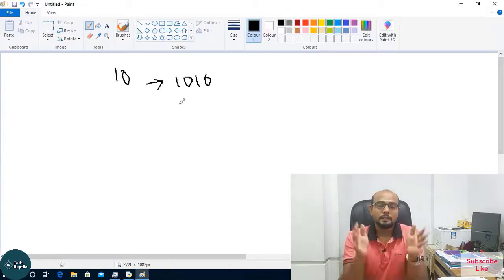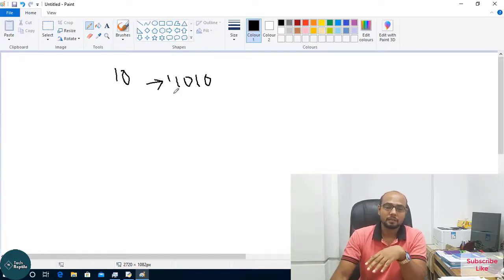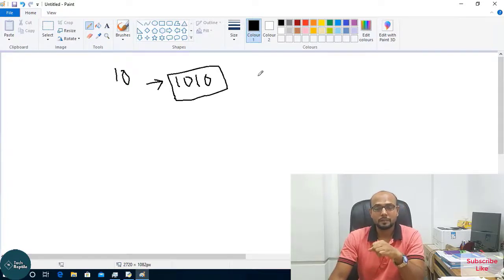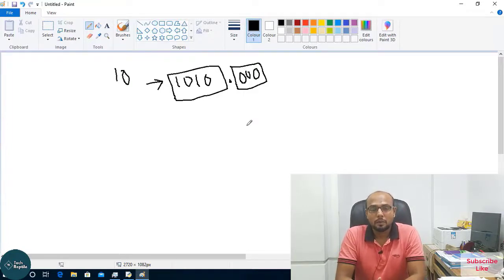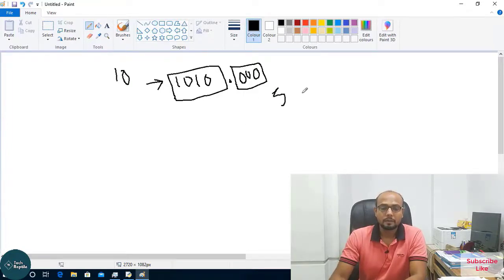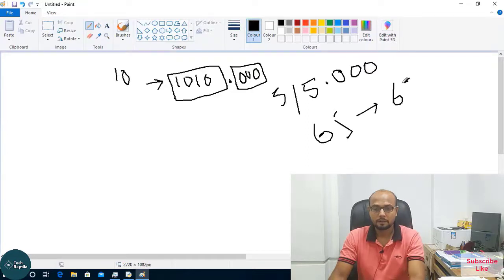1010. Let's imagine we have a box, and within the box we have the binary digits of 10, and there is another box after it, and between those boxes we have a point or dot, and imagine we have zeros in the last box. We can say 5, or we can say 5.0. We can have more zeros, or 65.000.